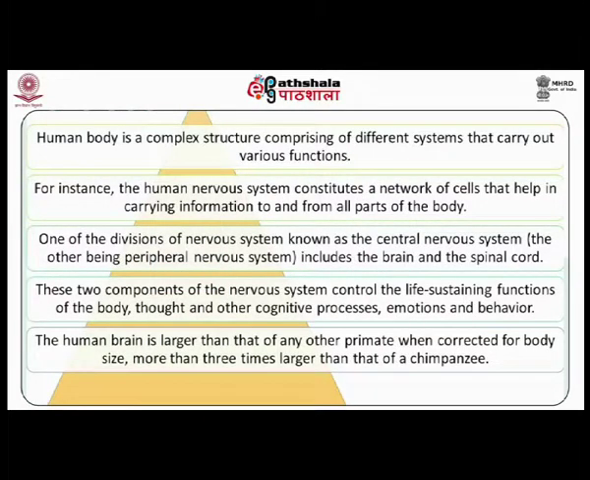The human body is a complex structure comprising different systems that carry out various functions. For instance, the human nervous system constitutes a network of cells that help in carrying information to and from all parts of the body. One division of the nervous system is known as the central nervous system, the other being the peripheral nervous system. The central nervous system includes the brain and the spinal cord. These two components of the nervous system control the life-sustaining functions of the body, thought and other cognitive processes, emotions